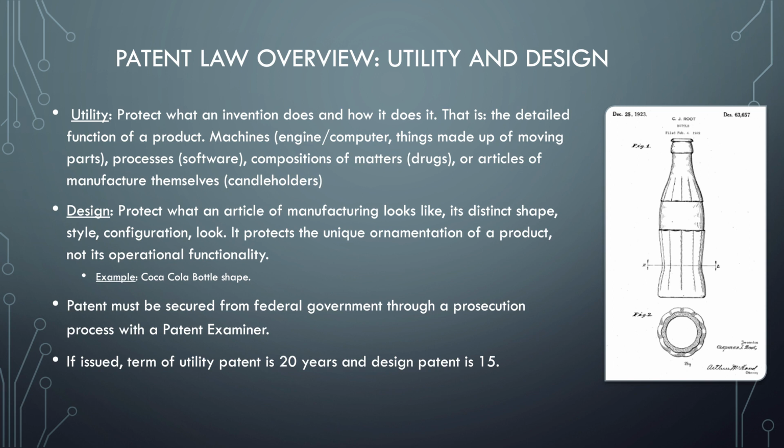And so a way to think of this is the famous example of an old design patent. You see, we have it here reproduced for you. The Coca-Cola bottle. It's a very unique, distinctive, cool-looking shape. At least the Coca-Cola company thought so. And they got a design patent on it, way back in the day, in terms of that cool ornamentation. And so what that means is, because it's protecting the ornamentation of the product, they were the only ones allowed to make a glass bottle that holds liquid that's got that kind of cool Coca-Cola looking shape.